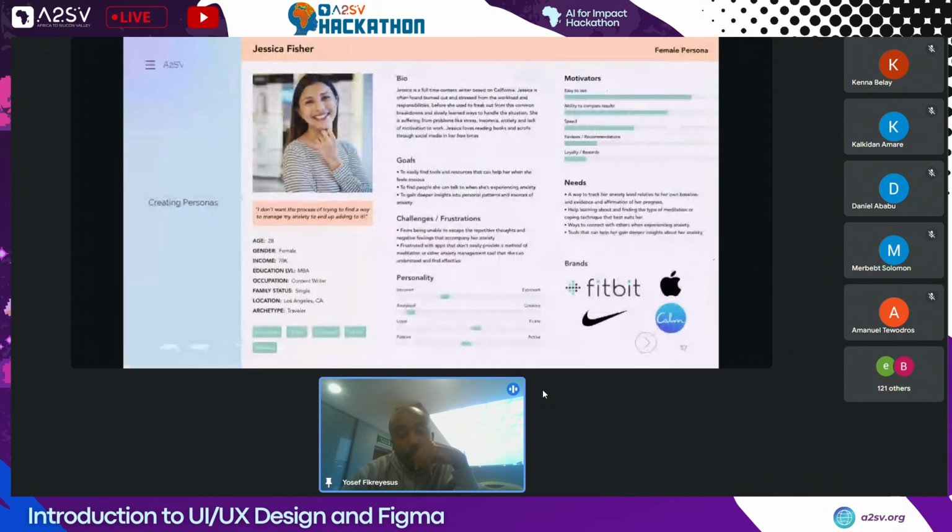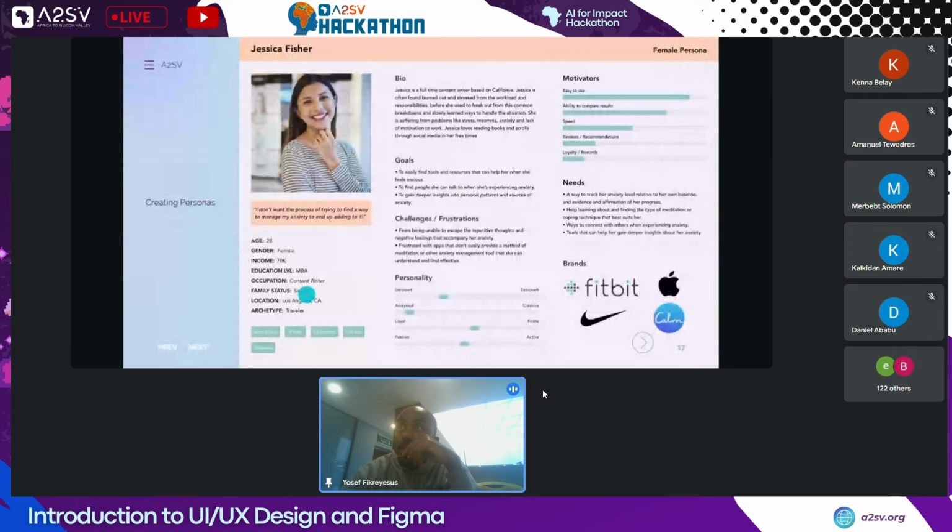So next, there is creating user personas. So when coming to user personas, it's mostly to understand our users, to empathize with our users. So the whole point is to empathize with our users. So when creating a user persona, it will help us not to think as a developer or just as a UI UX designer. We can just neglect our personal needs and personal biases and start designing for the user. So this user can be a fictional character or it can be an aggregate of the user interviews